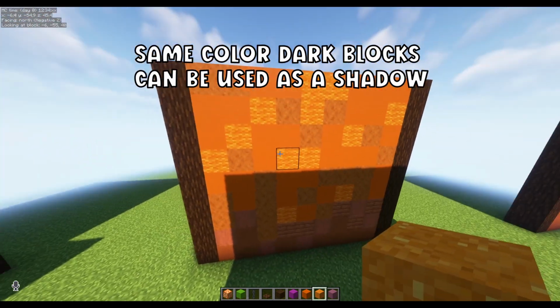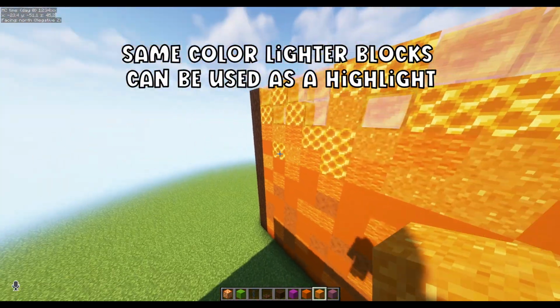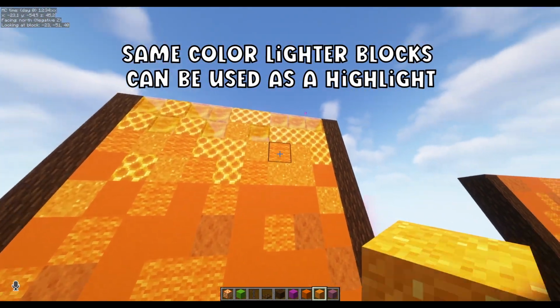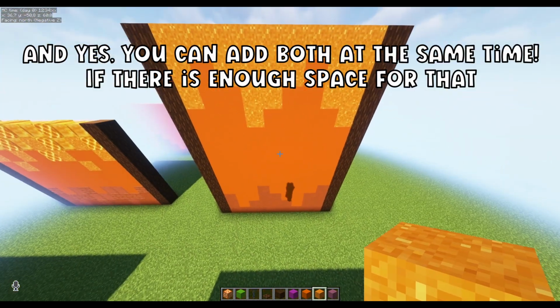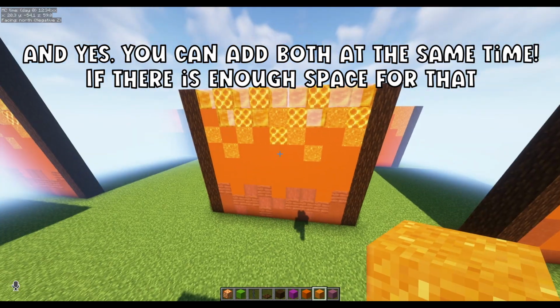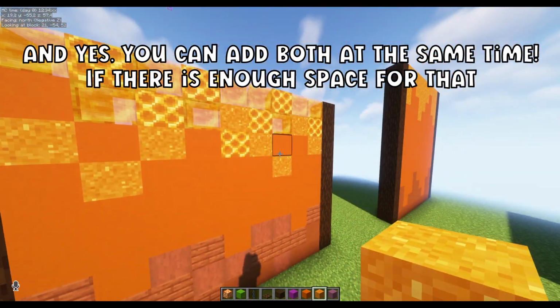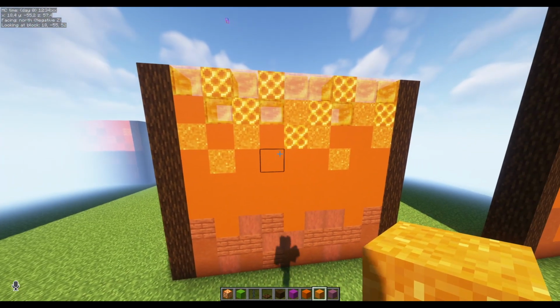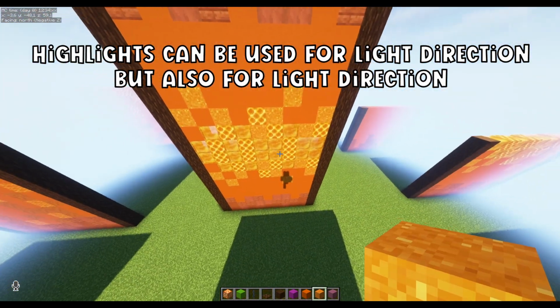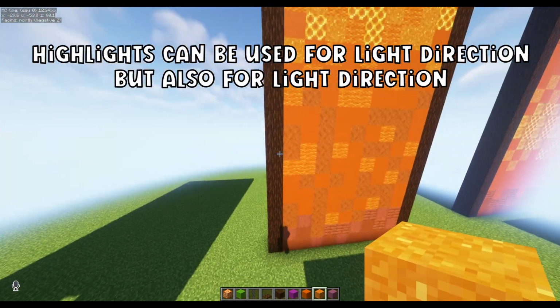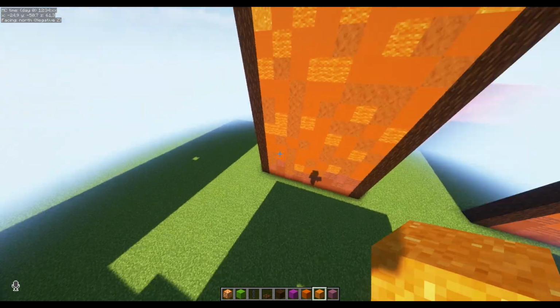We can make a shadow or a highlight by using similar blocks that are either gonna go lighter or darker. Of course, we can also do both. And if we make it smaller and a little bit more detailed, this is actually what you're gonna get. You can also copy and paste it and highlight the middle, or you could just make a nice pattern to